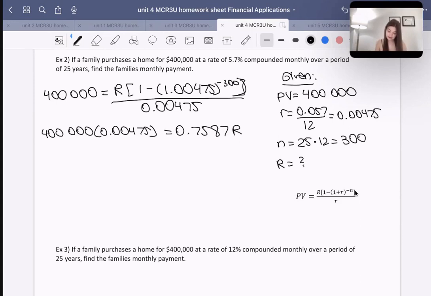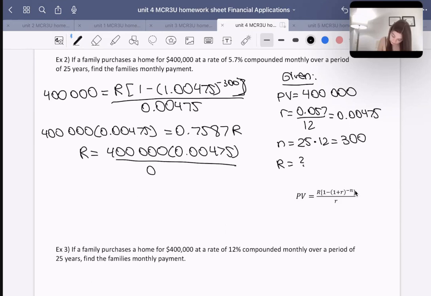So now all I need to do is say, okay, well that means R is equal to 400,000 times 0.00475 over 0.7587. Okay, so let's figure that out. So 400,000 times 0.00475 divided by 0.7587 is